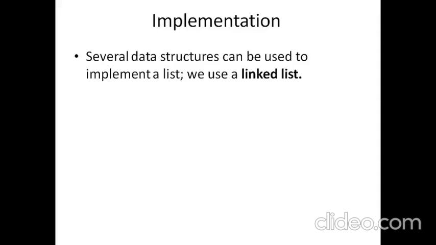Now when it comes to implementation, we have got different data structures for the implementations of the linear list, and 2 of the most common and popular data structures are arrays and linked lists. So we have come across arrays in various programming languages.